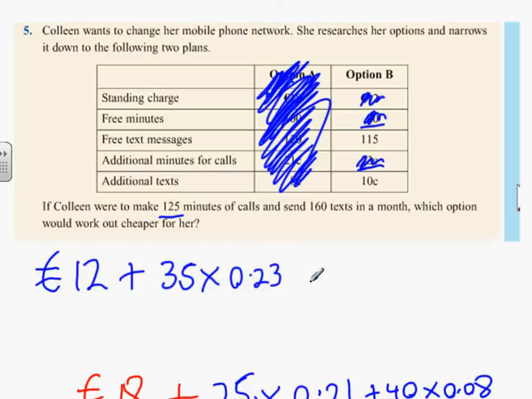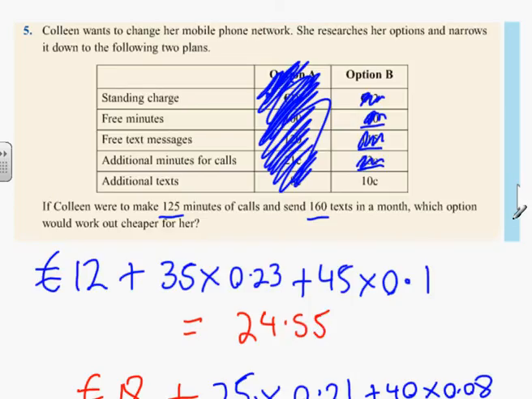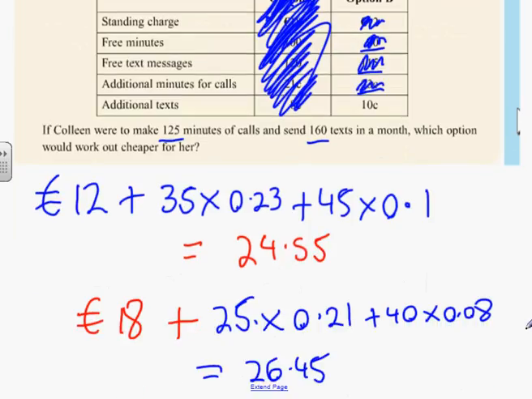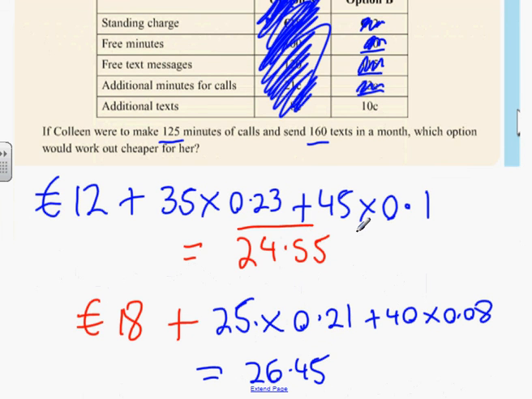And see the way every single time I use the information, I just blank it out. So now I know what's left. How many texts do I make? 160. But 115 are covered, so 45 multiplied by 10 cents. Now, Barry, do you have this one? Yeah, 24.51. So which is the better option? Network 1 or Network 2? Network 2 is cheaper. For homework tonight,